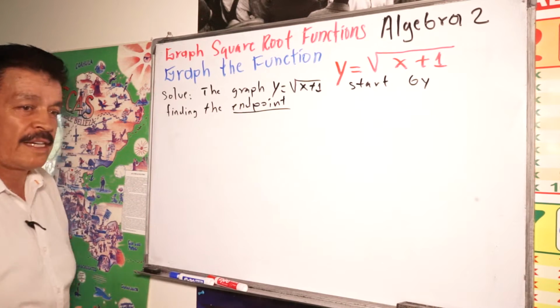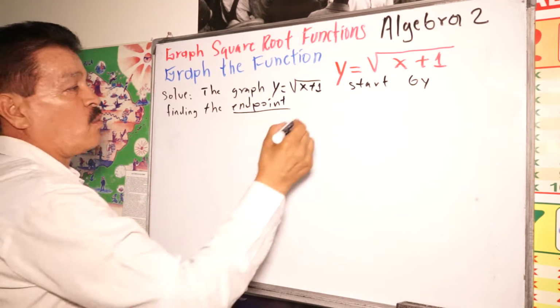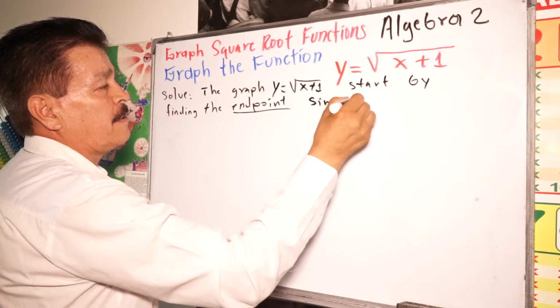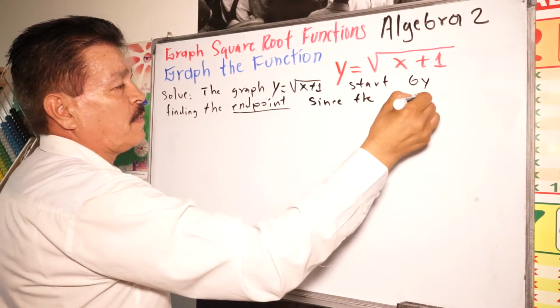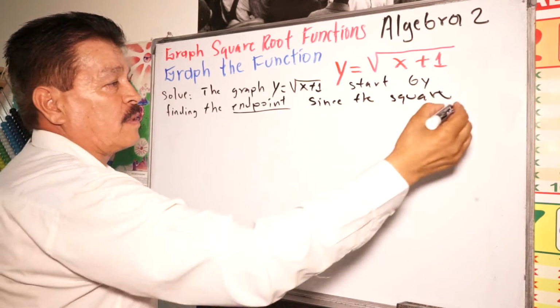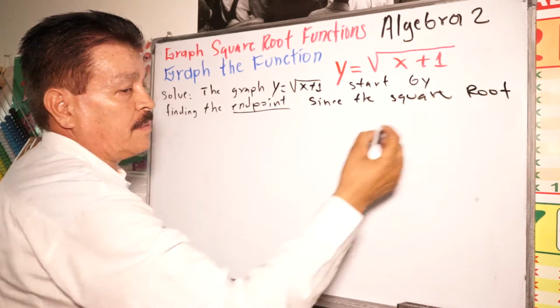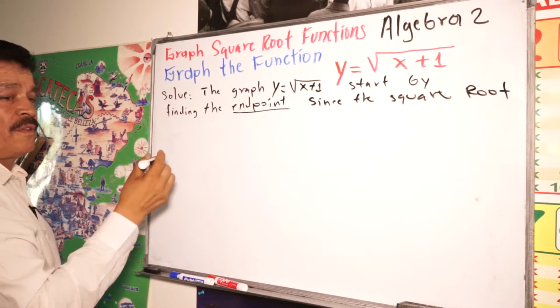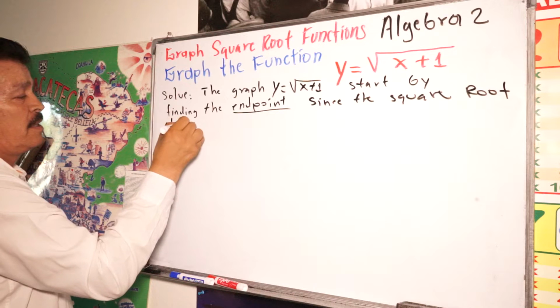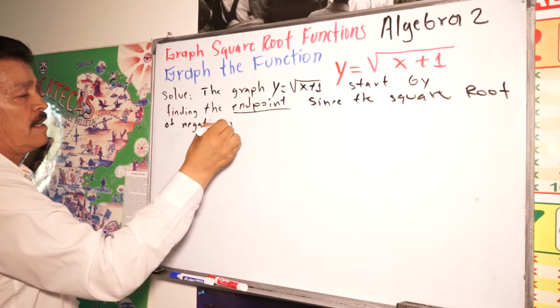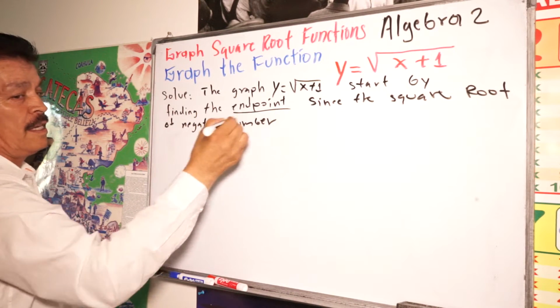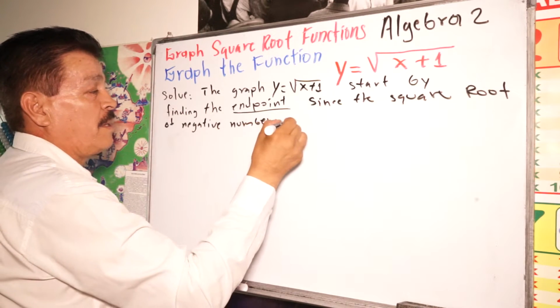So we have to find the endpoint. Since the square root of a negative number is not a real number,